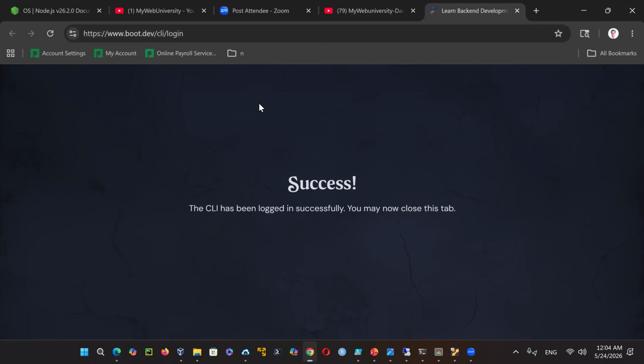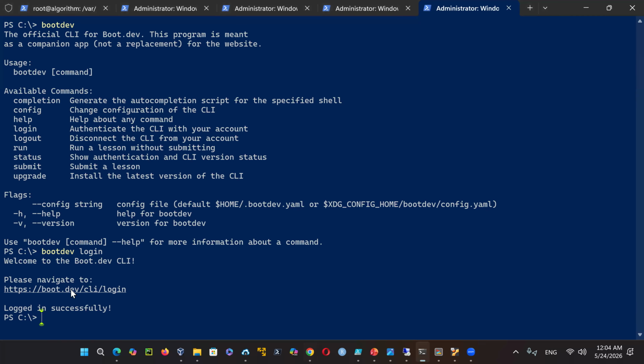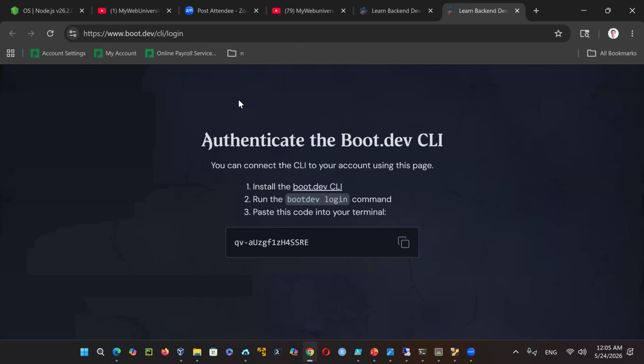boot.dev/cli and then login. Once you are successful here, you come back to the command line again, and it will tell you to please navigate to the boot.dev command line login. Login is successful. Since our login is successful, now the browser is going to give me an option for authentication and install the boot.dev command line, run boot dev, and practice it and start doing things that